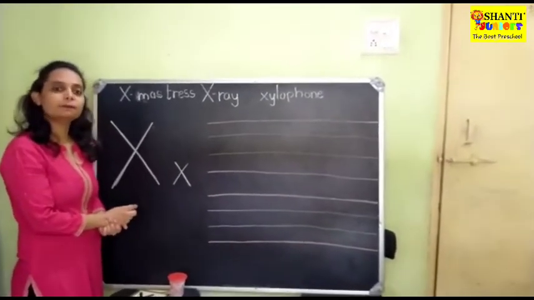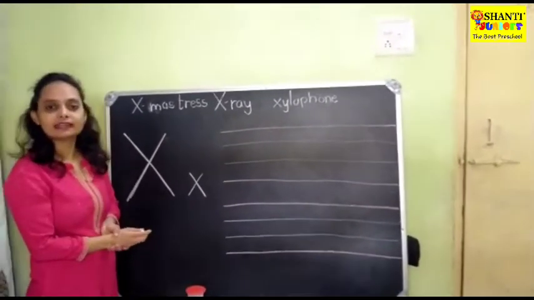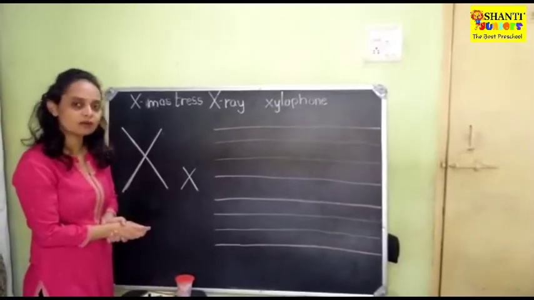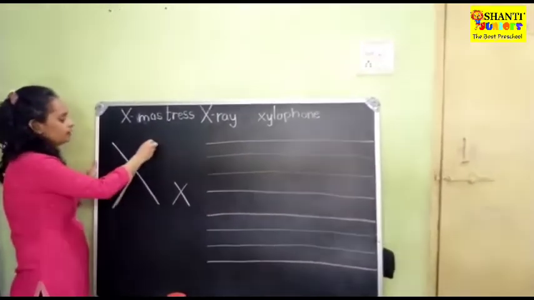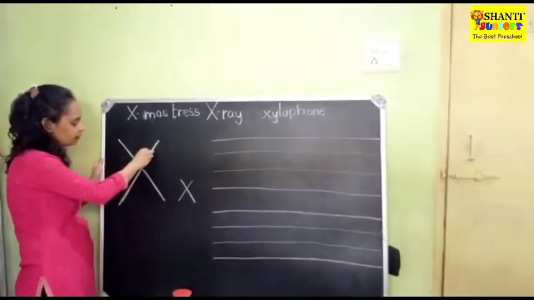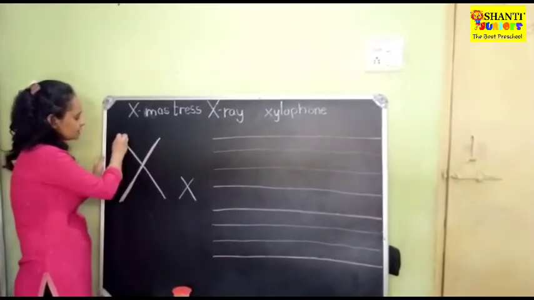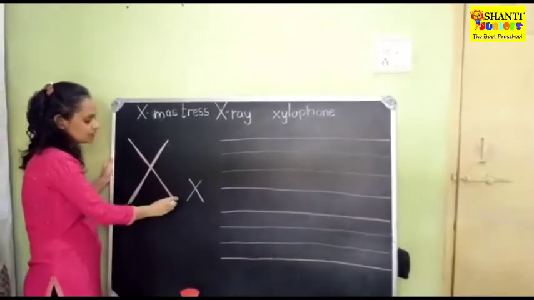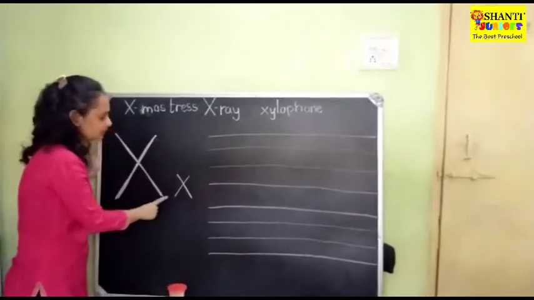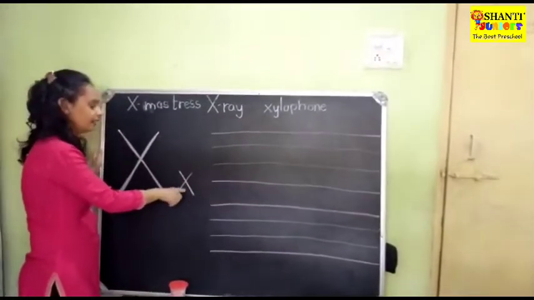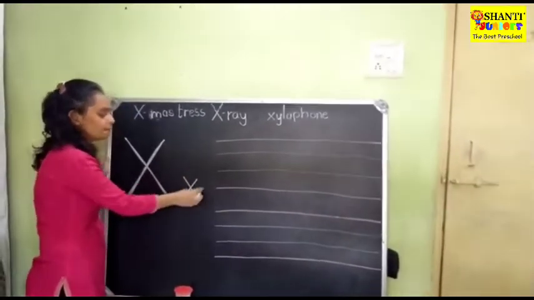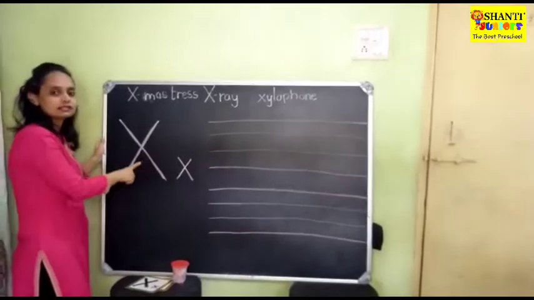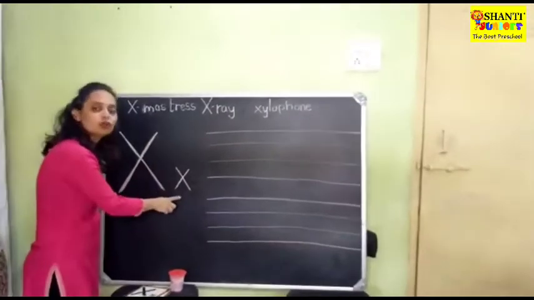So you have to practice this writing and the sound also. You have to learn the sound also. Okay. So this is letter X. Let us start from here: slanting line, slanting line. So this is capital letter X, this is small letter X, and that is also the same. You just have to write in the blue line. Okay. So this is uppercase X, this is lowercase x.